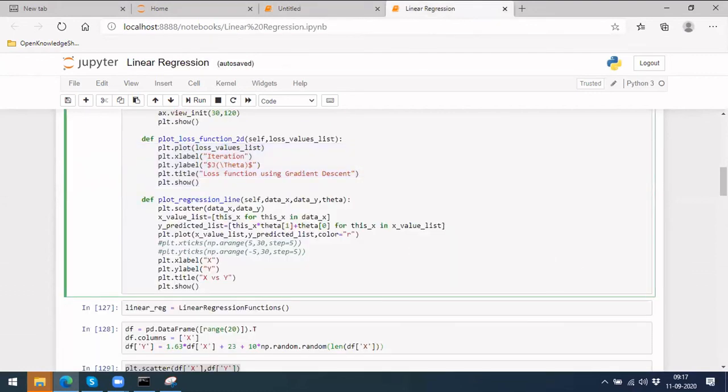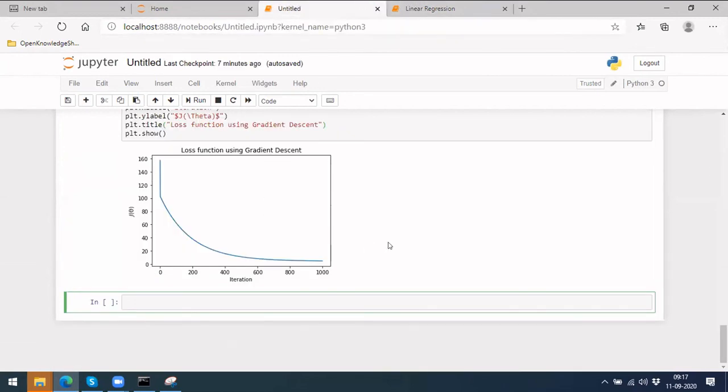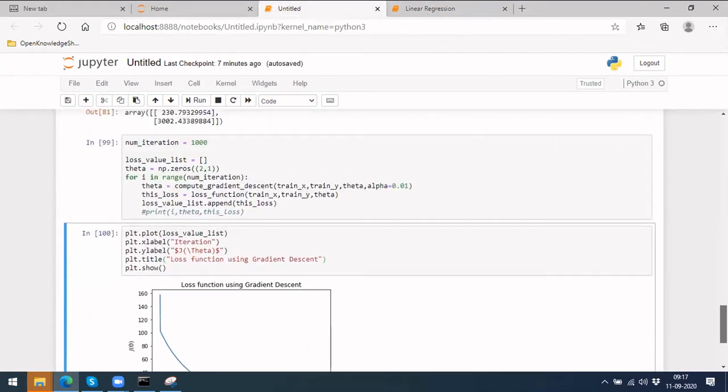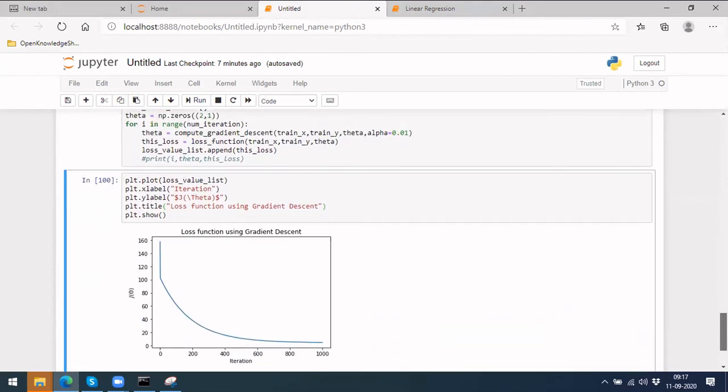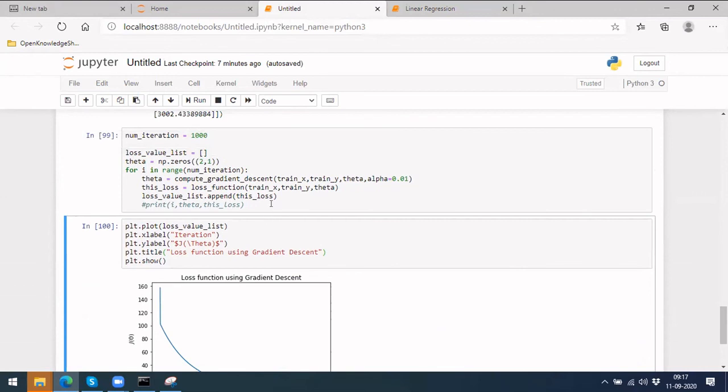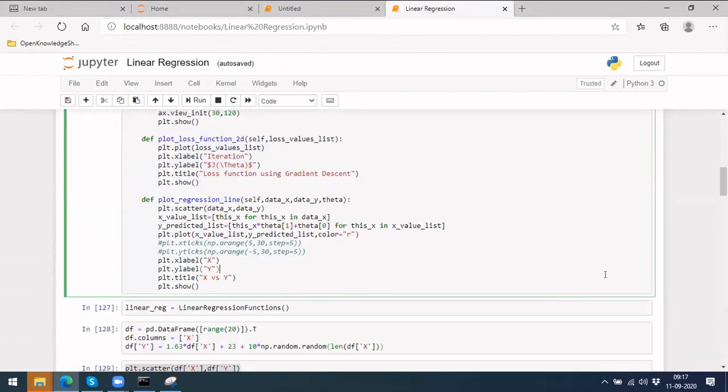Before that, let's also plot what we have learned, so then you will actually understand what has happened here. For the values, you can do the prediction, right? Let me copy that line here. This is what we have.